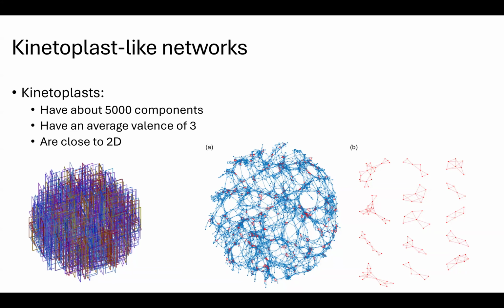Here's an example. This one only has 3,000. And we can see that there's various red triangle clusters dispersed throughout. I just have a picture of some of the biggest ones and therefore the most interesting ones there. But we can see that when we tune the density of these networks with 5,000 rectangles, such that the average valence is 3, then about 1,000 rectangles participate in some kind of Borromean linkage, which is a pretty high percentage. So if you believe that this is somehow analogous to these DNA structures, that might imply that there's a lot of Borromean links within kinetoplast DNA.